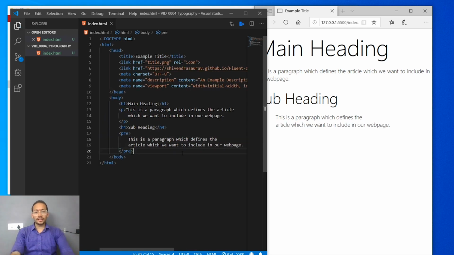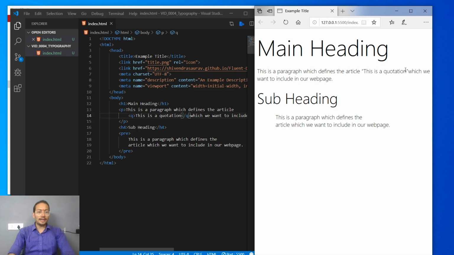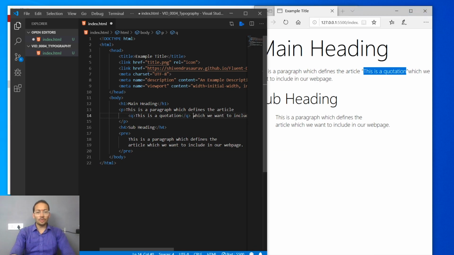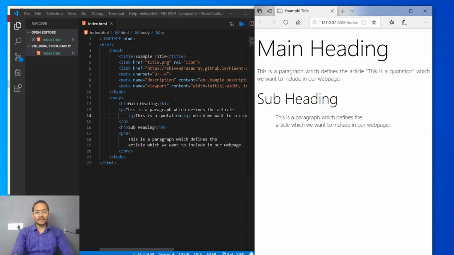Now the next thing we got is quotations and block quotes. So there's this difference between quotations and block quotes. Quotes are added using the Q tag. So if we add a Q tag here and let's write: this is a quotation. So you can see that we have this thing. This is a quotation written in quotes. This is how we define quotations in a